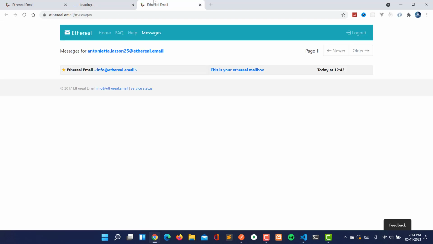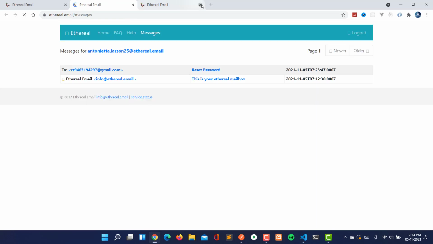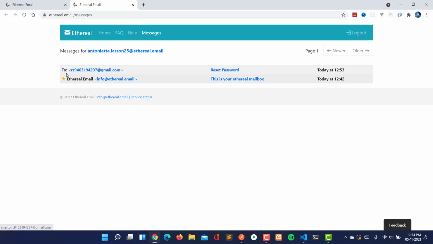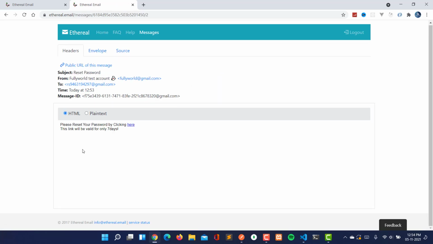So open mailbox. We are opening the mailbox again, and see that here we are getting this one, and see that reset password. So now let's click on this. See that here this will be like this. So our email will be like this here.